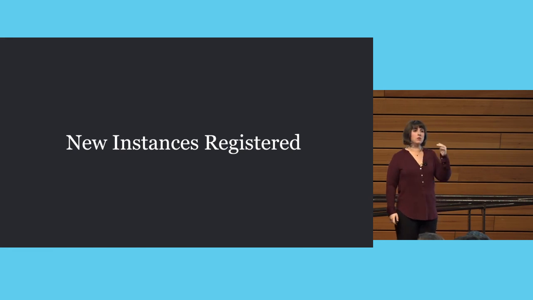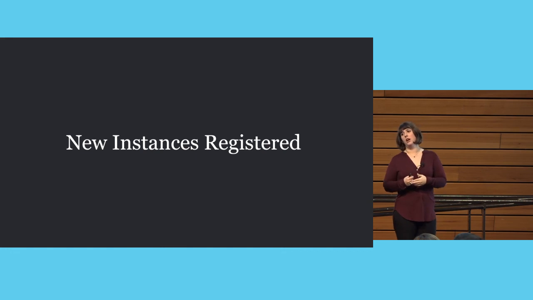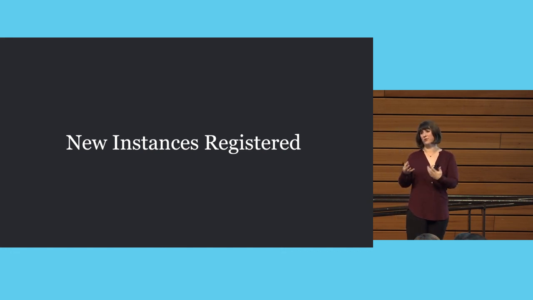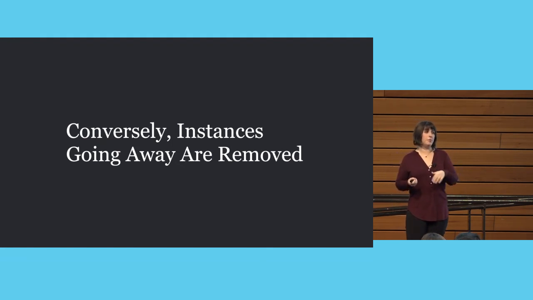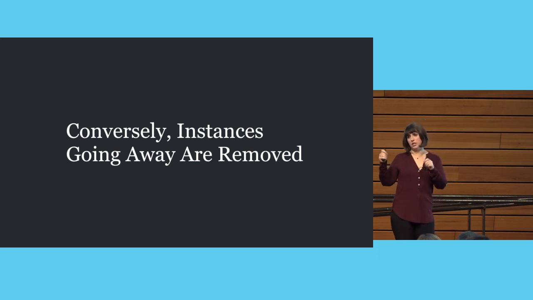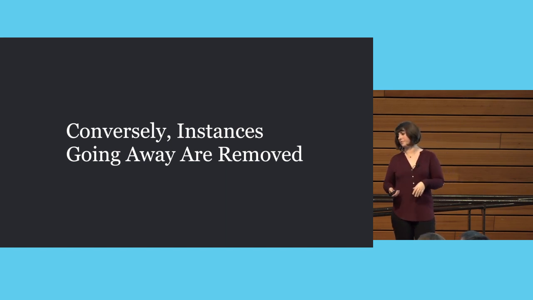And these will understand what it means when a new instance comes online. Some things like the Amazon scaling group is a little dumb, so you have to do a little bit of extra work to get it to really be great. But this will handle that for you, so you don't necessarily have to worry about it. And conversely, it will understand what needs to happen when an application is ready to go away. So it will do that stop sending traffic, and it will wait until a certain signal gets sent in order for it to actually remove it. They don't just get killed.